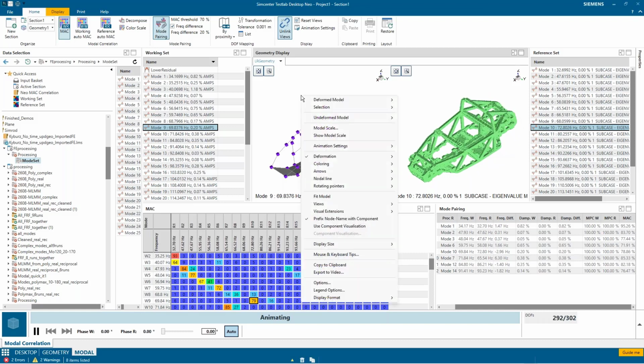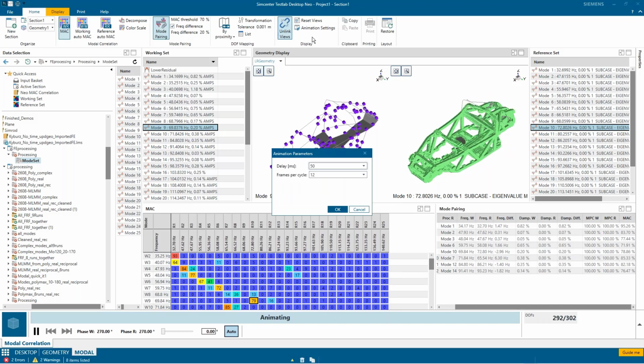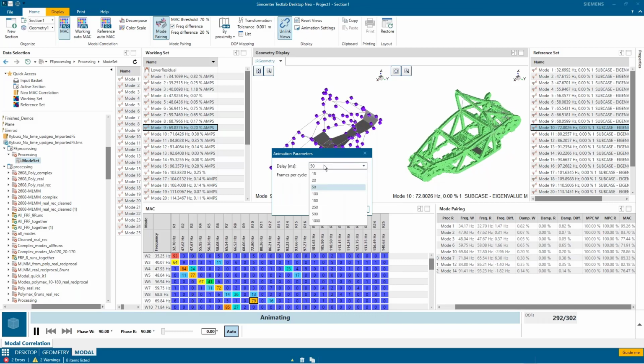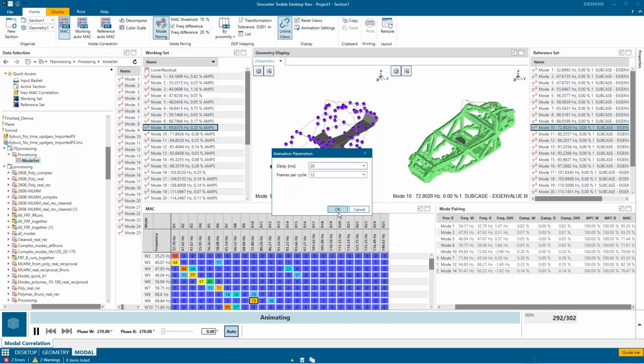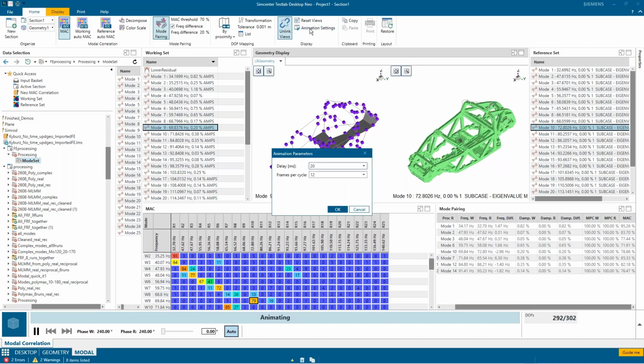We removed the settings here, so you're not gonna find the animation settings here as well. That's hiding up here at the top under display because we want the 2 displays to have the same settings. So if you need to add or reduce a delay, I can decrease the delay that way. Or I can also add more frames per cycle, so I can slow it down that way if I want. So we can either add a delay between frames, or we can change the frames per cycle to change the speed.